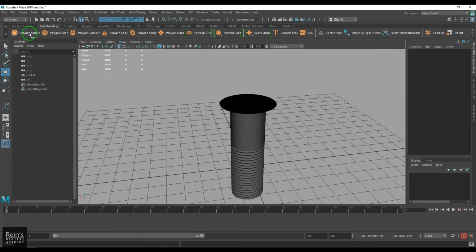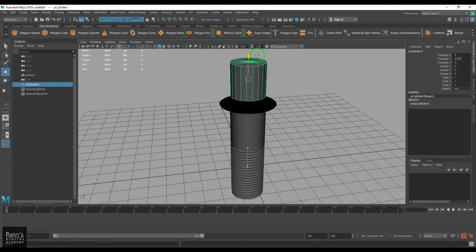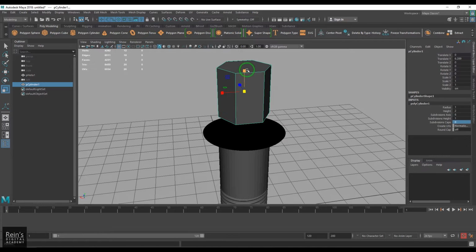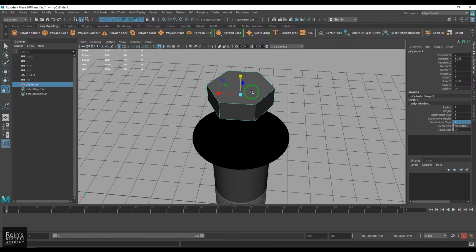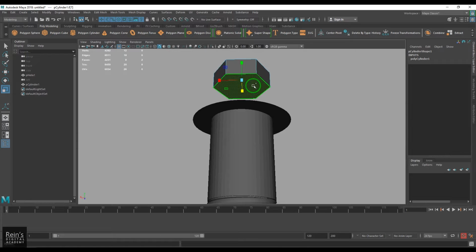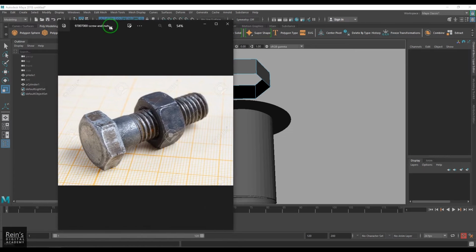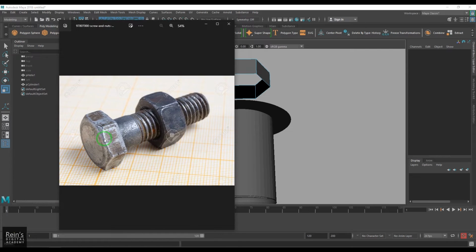and then take a cylinder. Okay, and then the subdivision axis you need to put it to 6 and caps to 0, and then scale it down and delete those faces. Okay, now you should be able to see this kind of nice curvature here. Okay, that has to be achieved, so we need some lines here in this, and how many lines is what we need to think about,